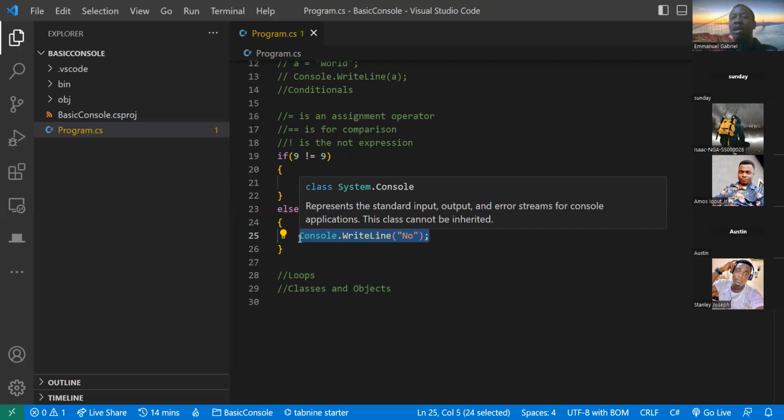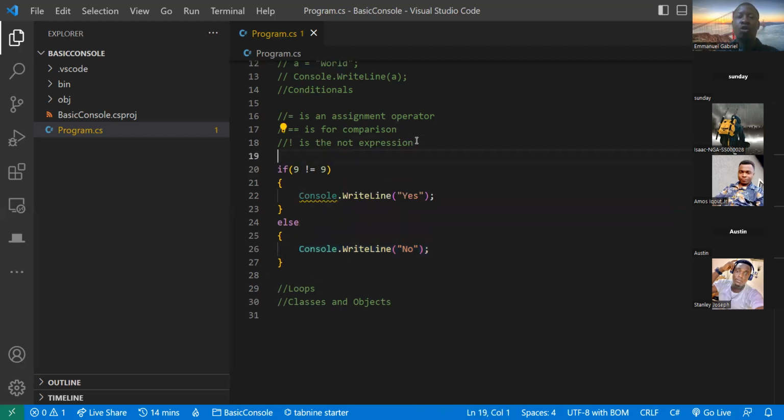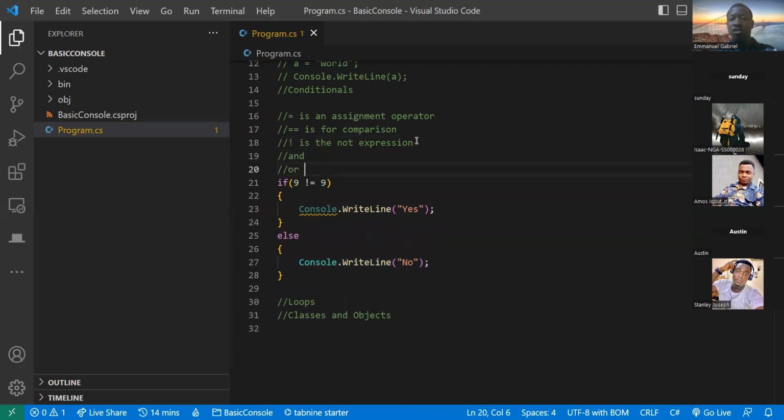Now, when you say we have checking two or more conditions, we have AND conditions and we have OR conditions. Now, AND conditions mean that those two conditions will have to be true. The first and the second. Do I have money? Yes. Do I need this money? Yes. They have to be true for me to decide. Do I have money? Yes. Do I need this money? No. Then I go this other way. Do I need this money? Yes. And I go this other way. They both have to be true.